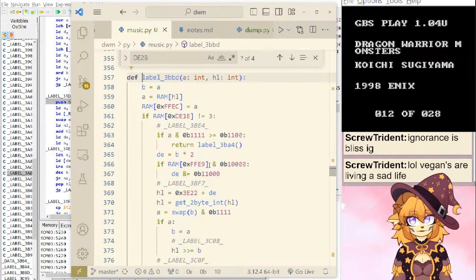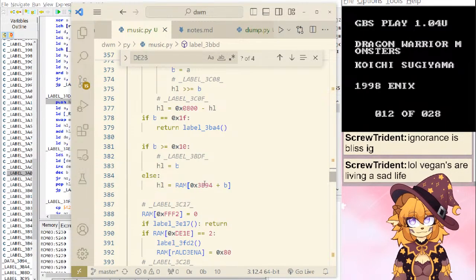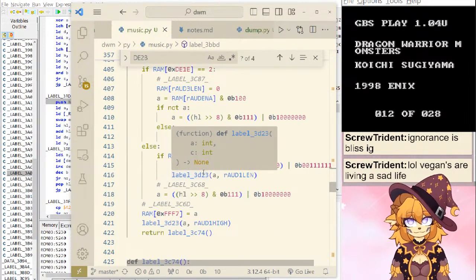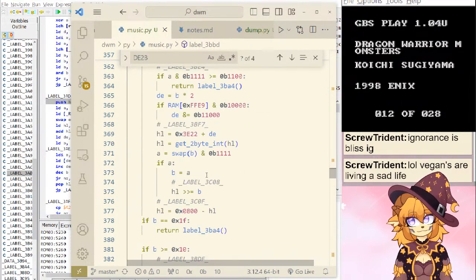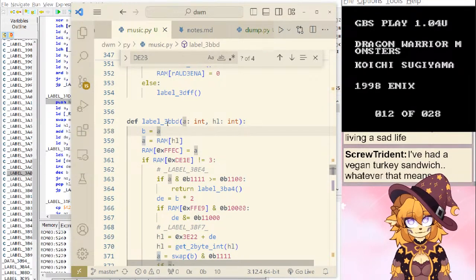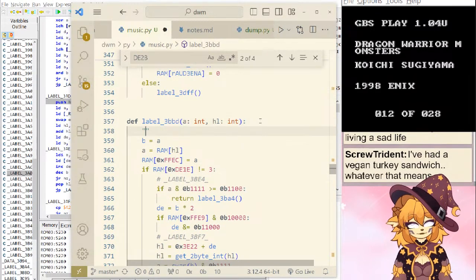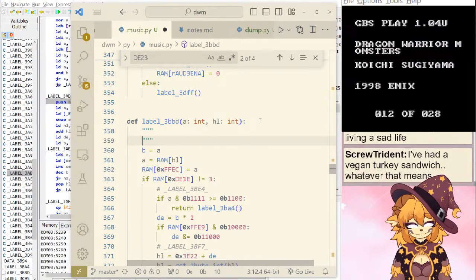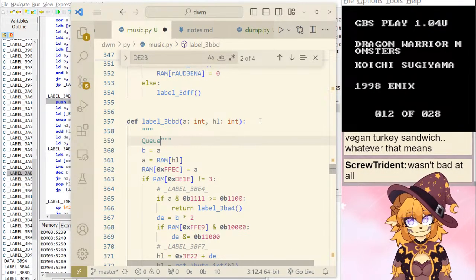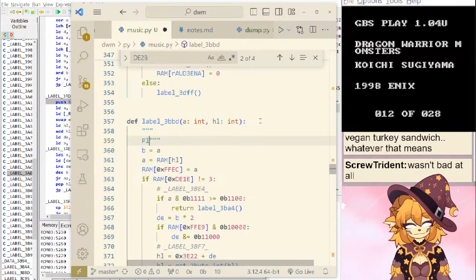So probably this is the actual note handling. We'll play actual notes.